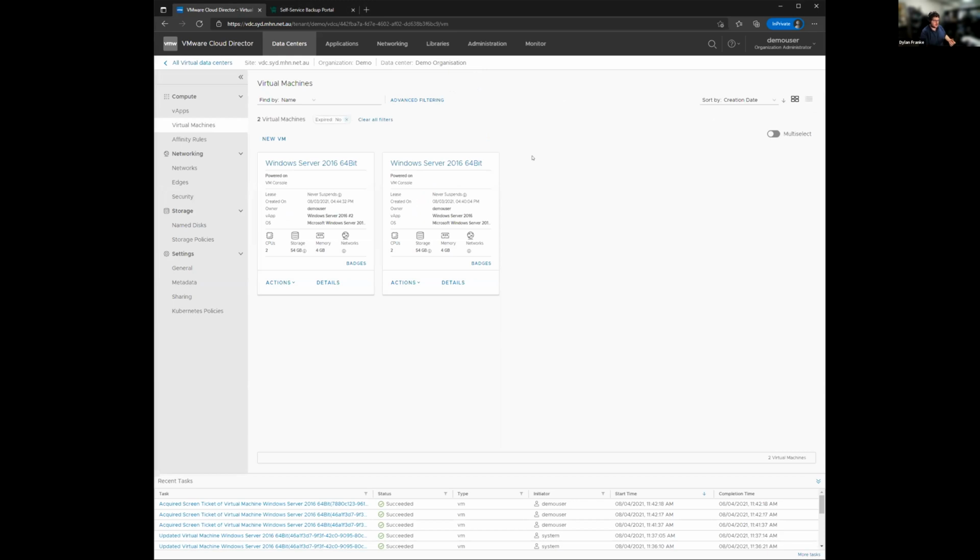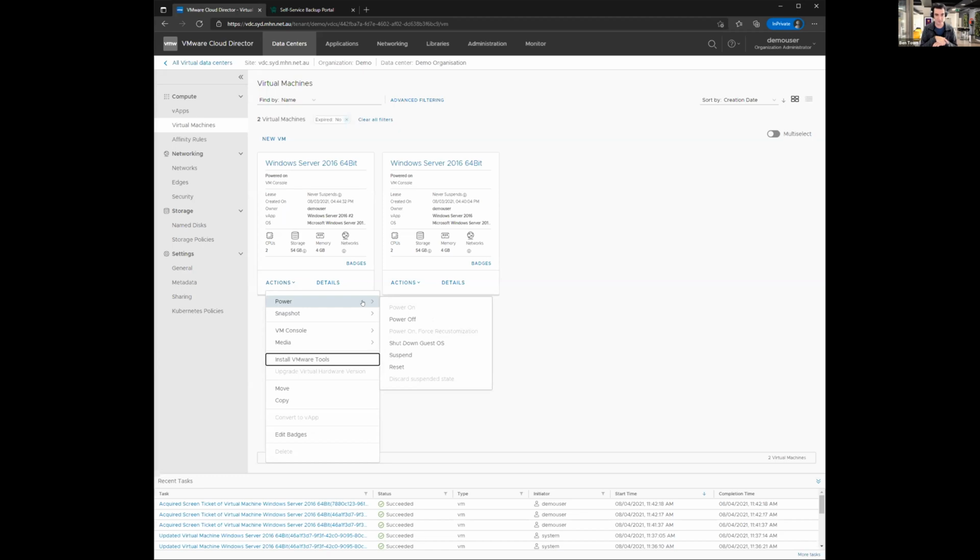You can think of vApps as individual folders or containers for VMs that you can do private networking through and everything. And through this virtual machine view, you can go into actions and actually control the power state. So you can do a reset or a power off, which is essentially just the same as pulling the plug out of the server and then putting it back in. If you're familiar with VMware, the terminology is very consistent.